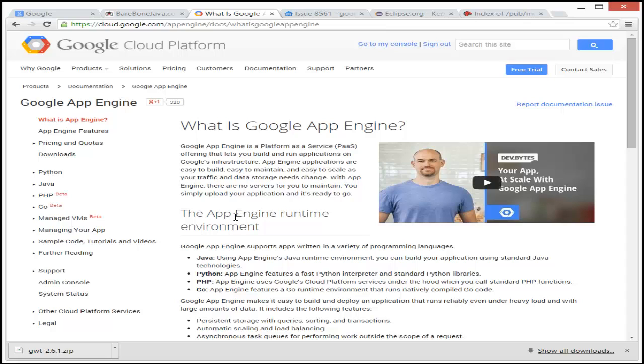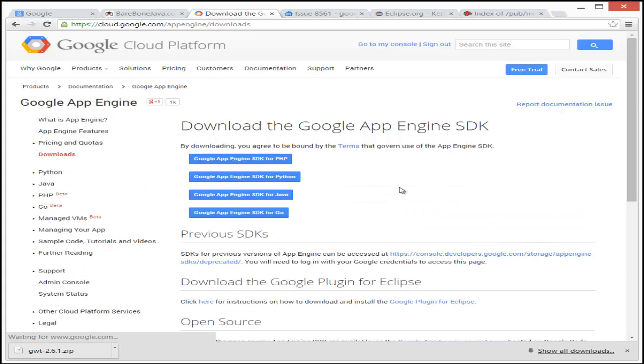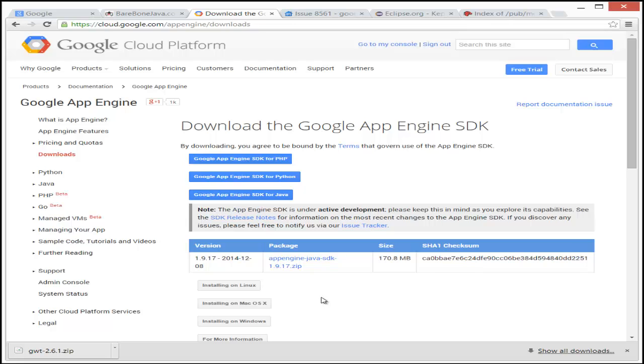So let's go further. If you click downloads on the App Engine, it'll take you to the different flavors of the App Engine, of which we have PHP, Python, and so forth. But the one we're interested in is the Google App Engine SDK for Java. So we click that, and when we do, it shows us the latest version, which is version 1.9.17, which we will download. We right click the zip file,